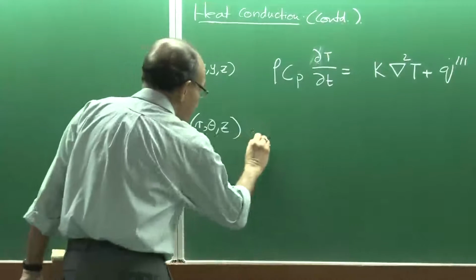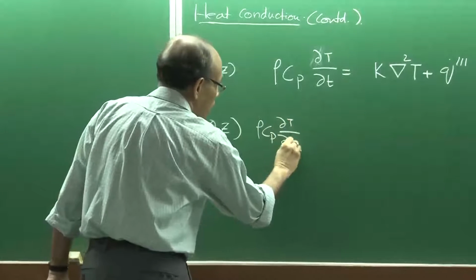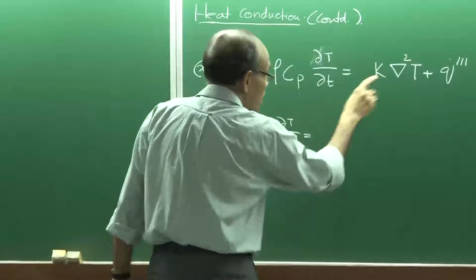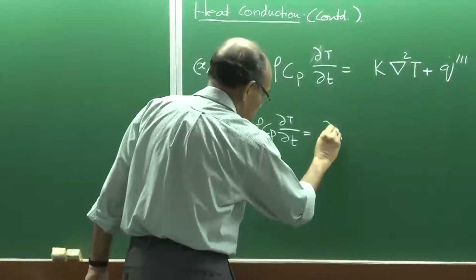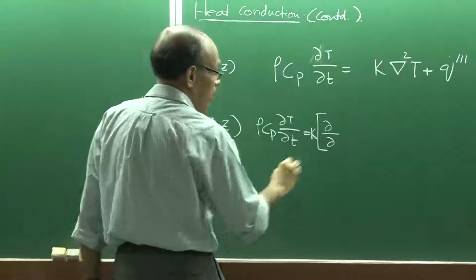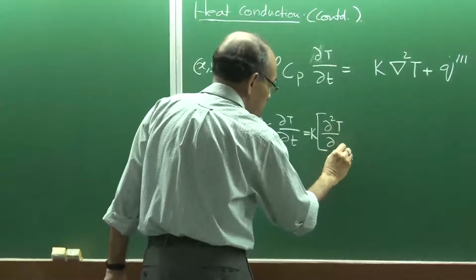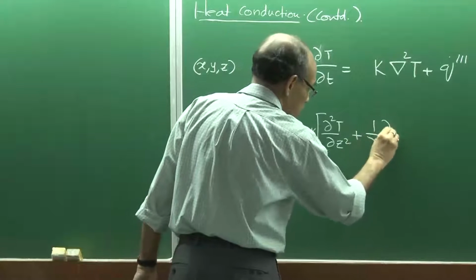So, the unsteady state term remains the same, and if I expand this term for a constant k, I take the k out of the bracket, and this is the z directional derivative plus this is the r directional derivative